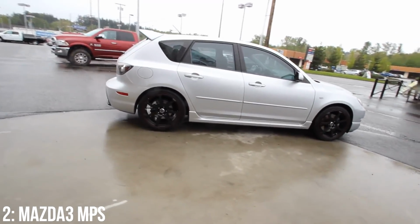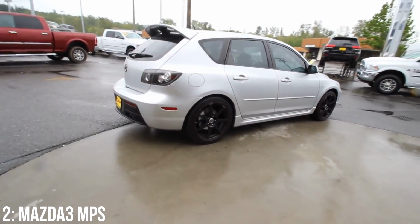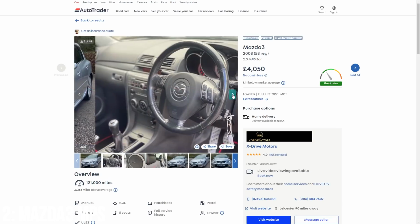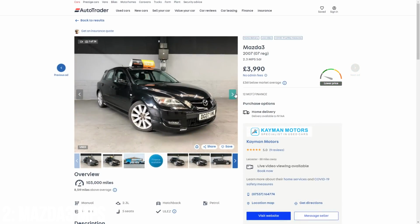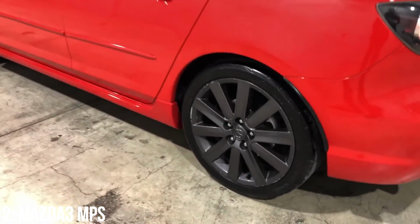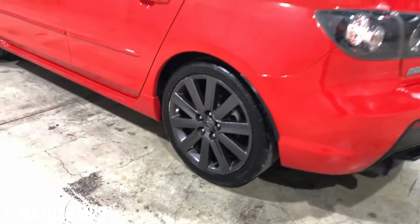But that's kind of the point, it's very much a wolf in sheep's clothing, a cheap and cheerful Mazda with some insane performance. £4,000 is the minimum you'll find these listed for, and for £5,000 you're still looking at pretty high mileage. Now I mentioned that engine's reliability, and while specialists suggest they are generally very reliable cars, some owners